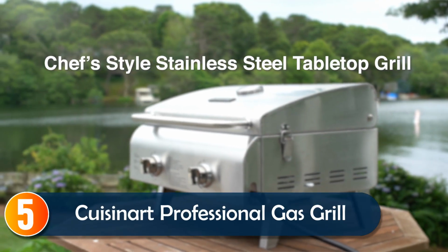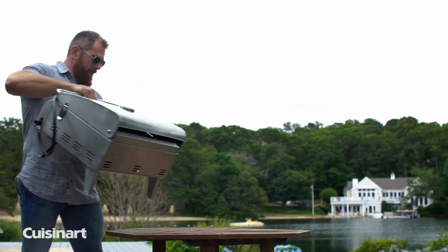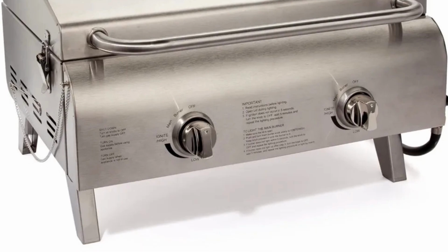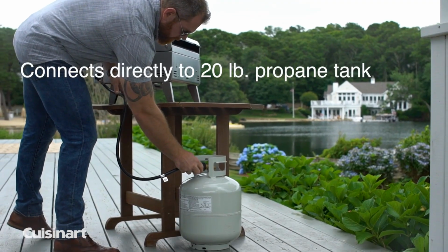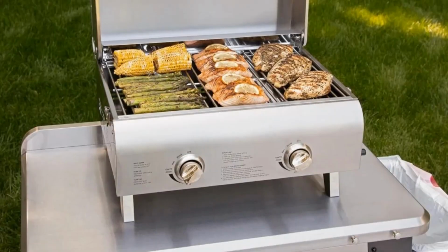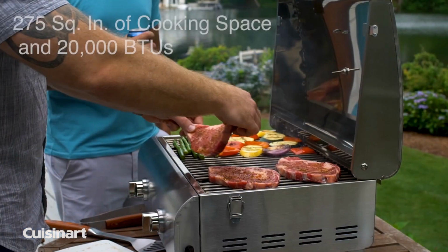Let's get cooking. Starting at number 5, the Cuisinart Professional Gas Grill offers the perfect balance of power and portability. With two 10,000 BTU stainless steel burners, it delivers consistent heat for grilling everything from steaks to veggies. Weighing only 24 pounds, it's lightweight and compact, yet provides a large cooking surface with stainless grates that ensure even